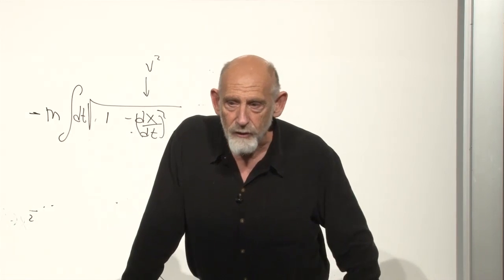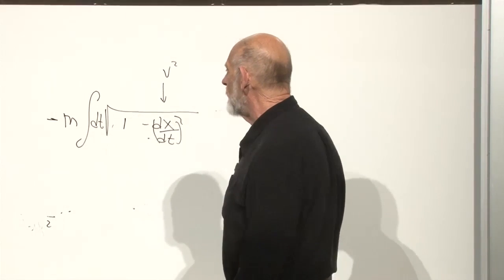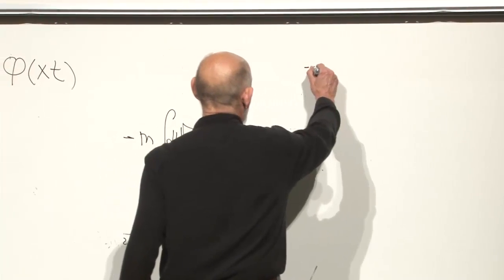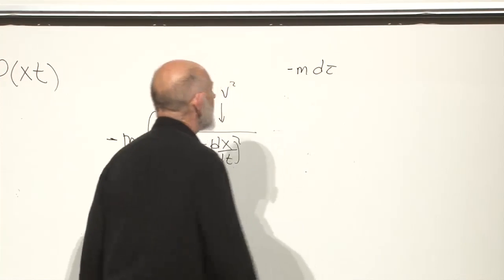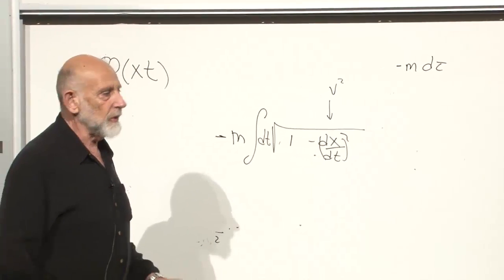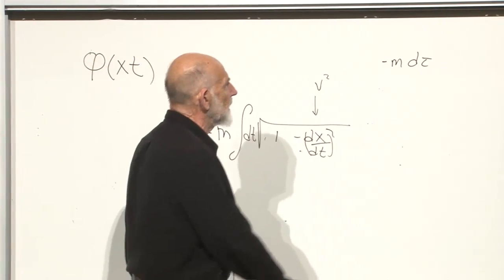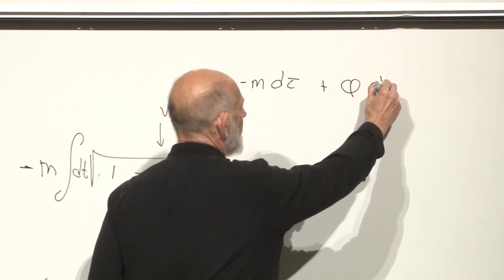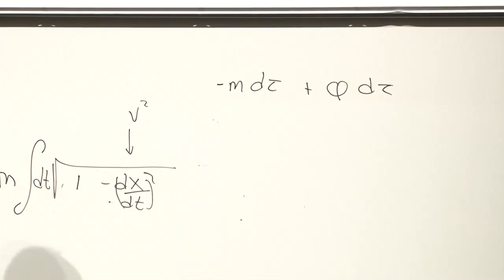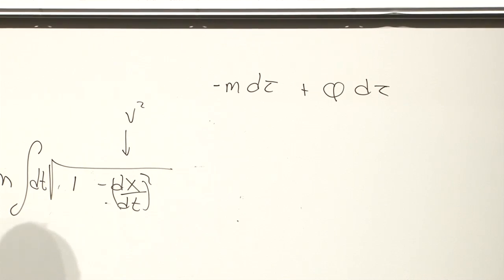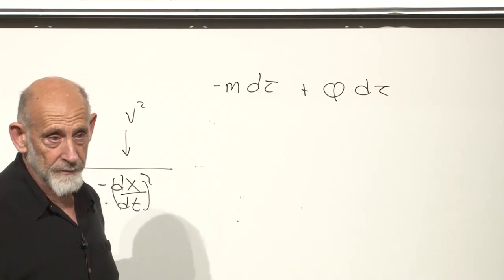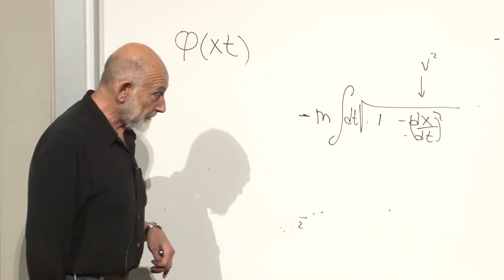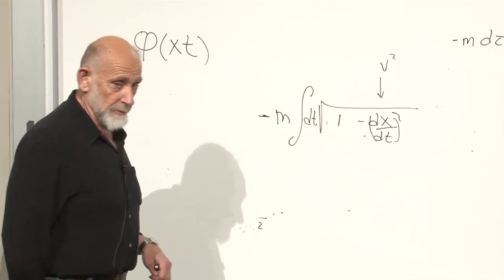There's lots of things we could do with scalars, but one very simple thing we could do would be, well, this was minus m d tau. The simplest thing you can do is you can say, as the particle moves through the field, you can add another term here, which is the field times d tau. There are many other things. This is not unique by any means. First of all, you could add the square of the field times d tau, or the cube of the field times d tau. All of these would be quite legitimate. Any function of the field times d tau.